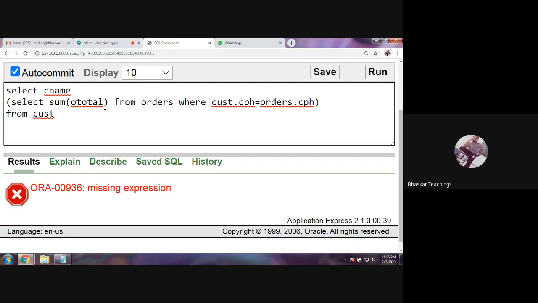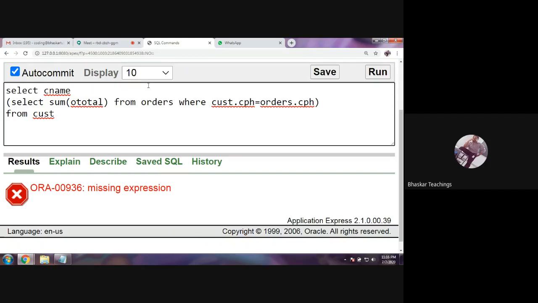From orders, where CUST is the table name, cph equals to orders.cph.